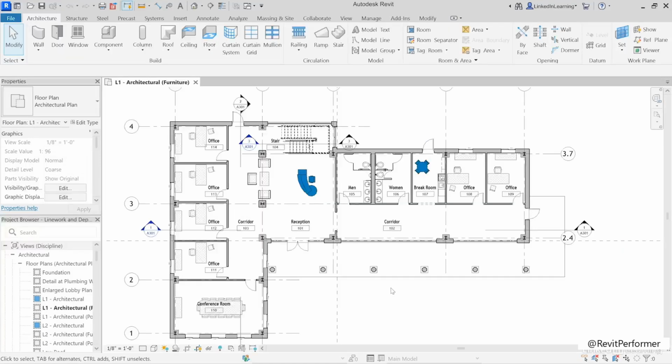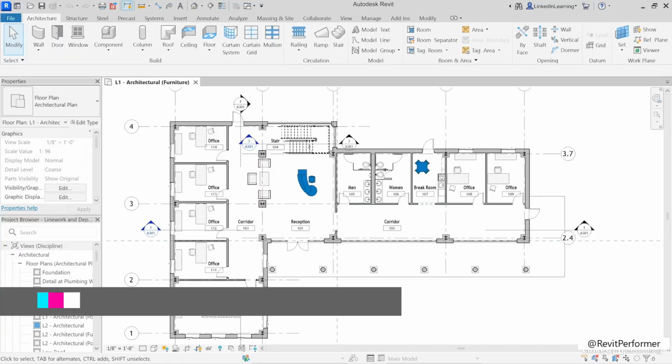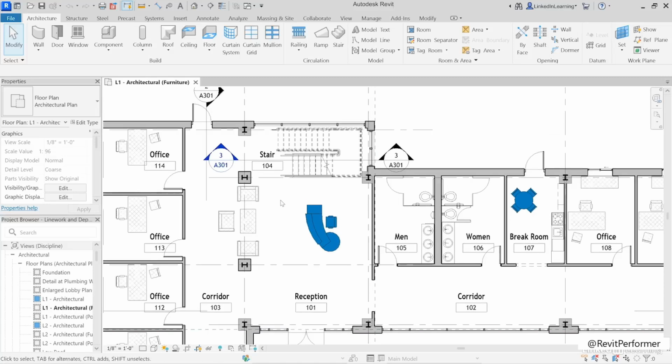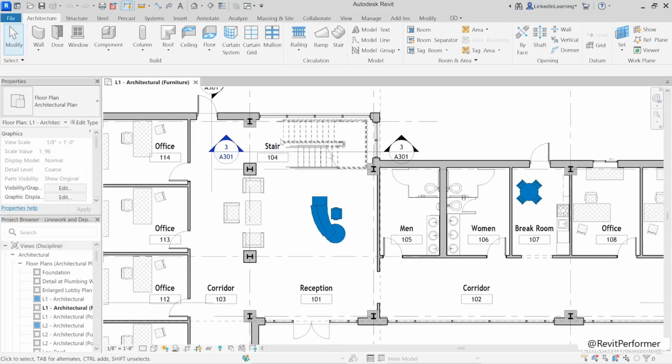In this video, I'm going to look at two different graphical tools to help us fine-tune the graphics in a view. The first one is going to be the line work tool, and then a little bit later, we'll look at depth queuing. So for the line work tool, I'm going to start here in this furniture floor plan, and I would like to see a dashed line indicating where the balcony is up above. So there's a balcony looking down into this reception space, and we really have no indication of that currently in